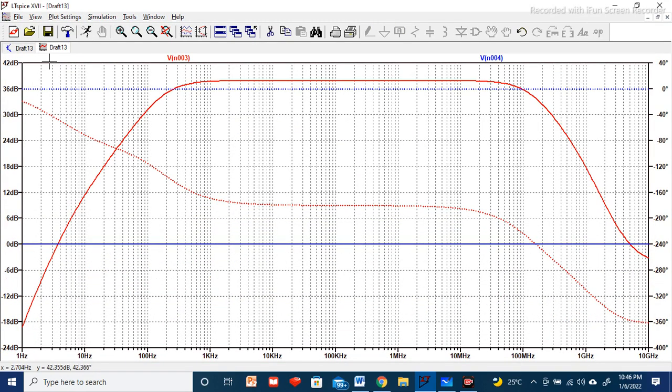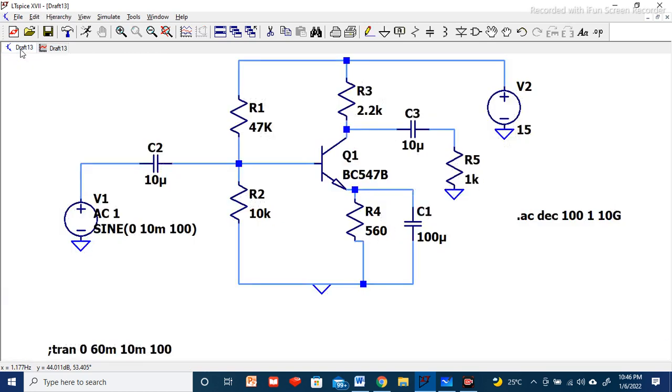From this graph, we can find out the gain of the amplifier and what the phase response of the amplifier is. So here you can see the input voltage is showing near 0 dB. Okay, this blue color line. So what we can do is, once you have simulated, you click it here across the R5 resistor, and you will get the output response, the AC analysis response of the given amplifier.